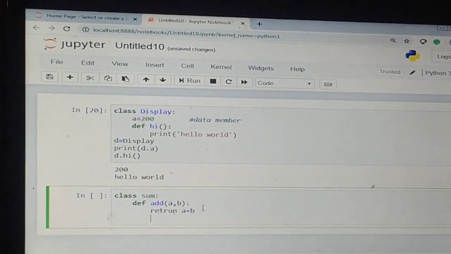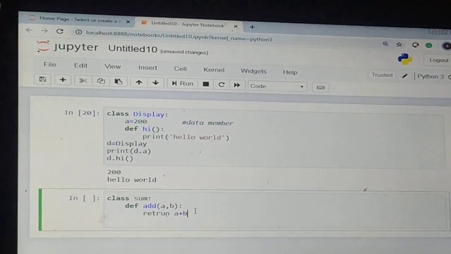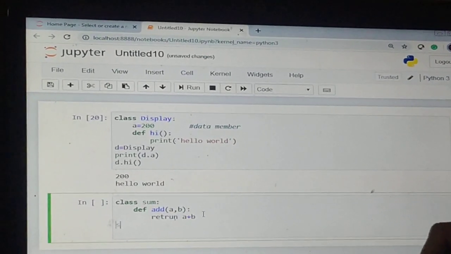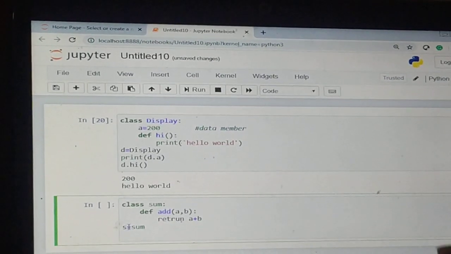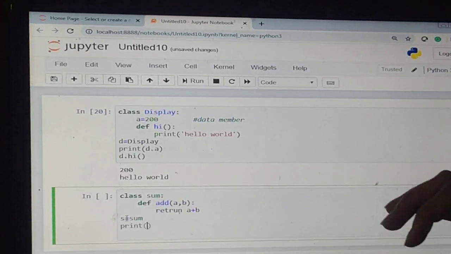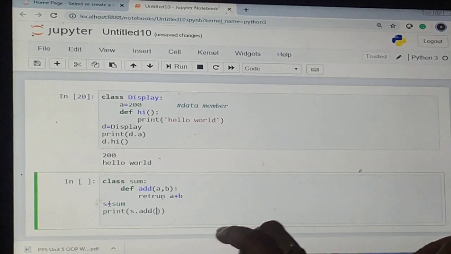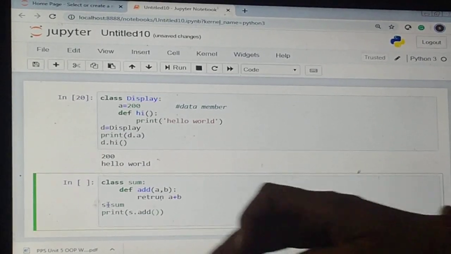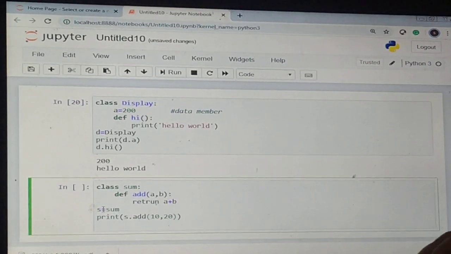You can also write it like this. Now I want to use this, so I have to create the object of the class. To create the object of the class, again you need to take one variable, so s is assigned Sum, and now I need to call this function. So I am going to write print s.add. Because it is a parameterized function, I need to pass some values, say 10, 20. When I run this,